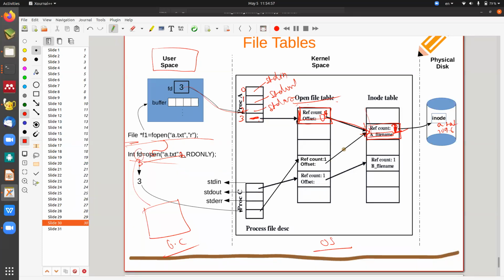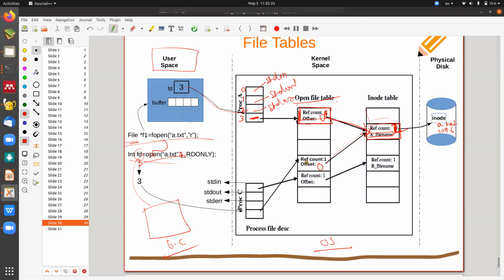Open file table में उसका एक एंट्री होगा. क्या एंट्री होगा? वो बोलेगा कि फाइल नेम इज रेफरिंग टू दिस सेम a.txt, बट उसका ऑफसेट भी कितना होगा? 0. समझ पाए? 2 चीज बोल रहा हूं. इसमें कितना एंट्री अभी हुआ? एक ही एंट्री. बट इसमें कितना एंट्रीज हुआ? 2 एंट्रीज. Why? One process is using this one and another process is using this one. क्यों बोल पाओगे?